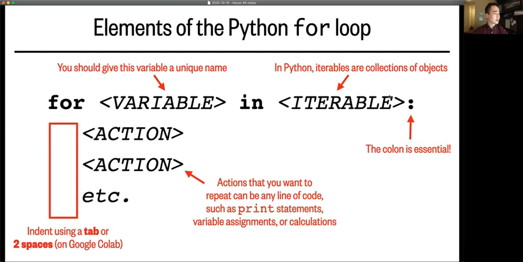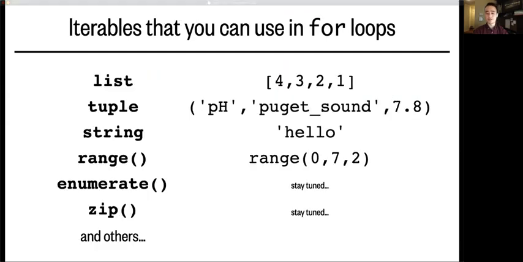Okay, so what are some iterables that you can use in a for loop? Well, these should be pretty familiar. A list is a common iterable because it has elements that a loop can iterate over. 4, 3, 2, 1, for instance. A tuple is also an iterable. In parentheses, pH, Puget Sound, 7.8. Now, string is actually an iterable too, so here a loop would iterate over its characters,